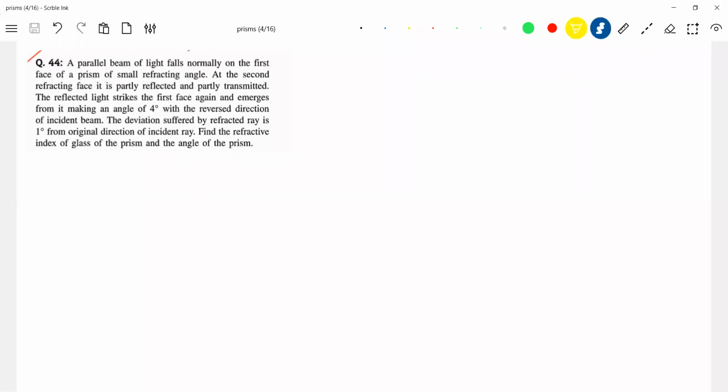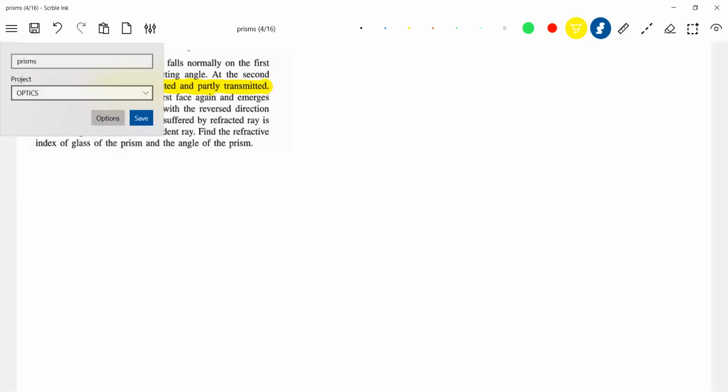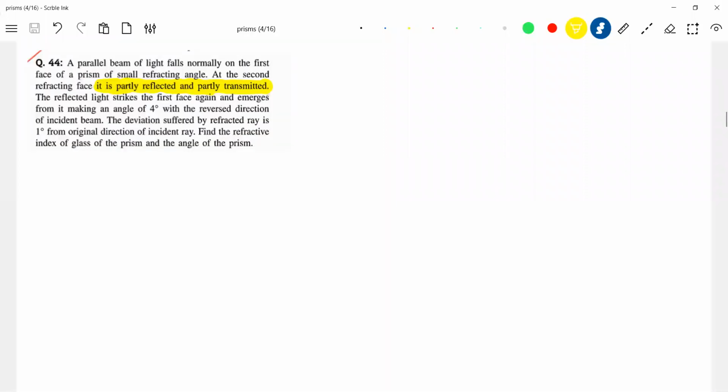This is something I picked up. Try to see the thing which I'm highlighting. It is partly reflected, partly transmitted. And there's a question you are supposed to ask a teacher: Sir, in a prism, can it happen at any boundary that a part of the EM wave is transmitted? Because what is light? Light is an EM wave. A part of the EM wave will be transmitted, a part will be reflected. Of course, what we did is we took the ideal case where all the energy will be transmitted. But it's natural that part will be reflected, part will be transmitted.